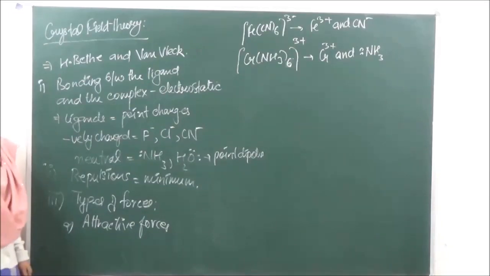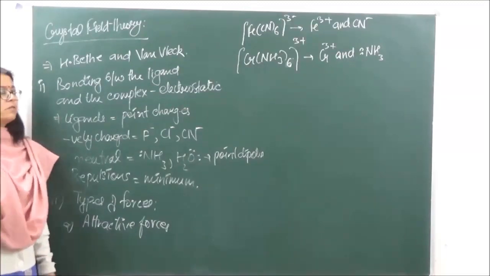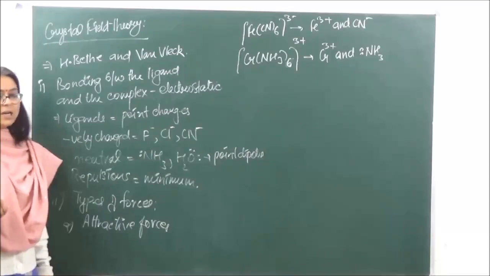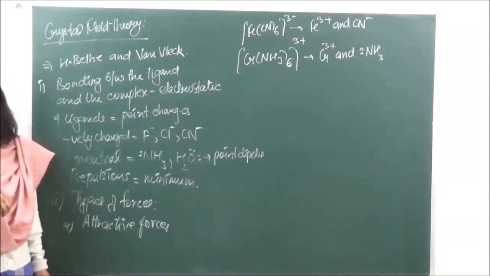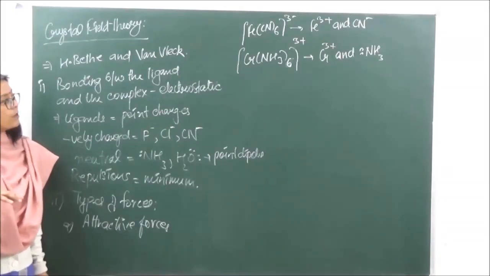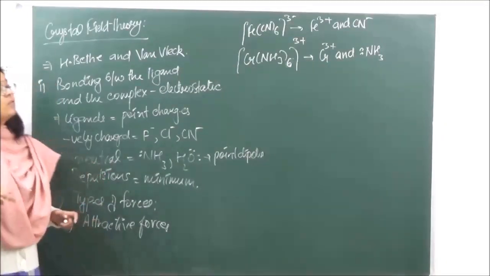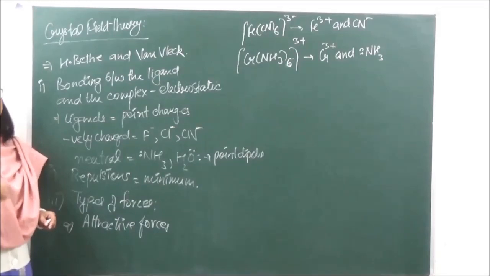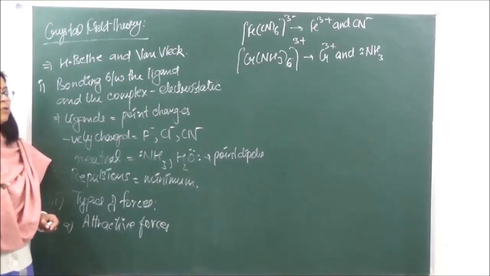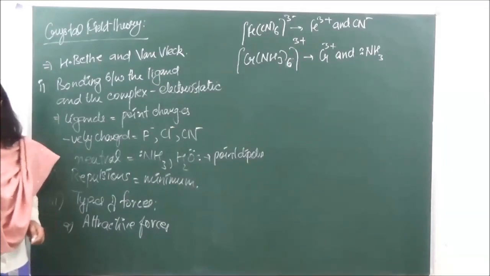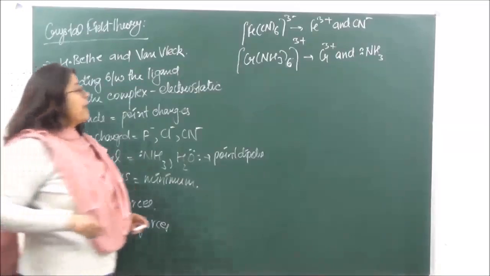Now over here, the bonds between both of them are going to be purely ionic. It is but obvious because the central metal atom is positively charged and the ligand is negatively charged. So the bonds are going to be ionic, right? So in this theory, there is no orbital overlapping taking place as it was in valence bond theory. There is no orbital overlapping over here. Okay? Then the second type of forces which we have,